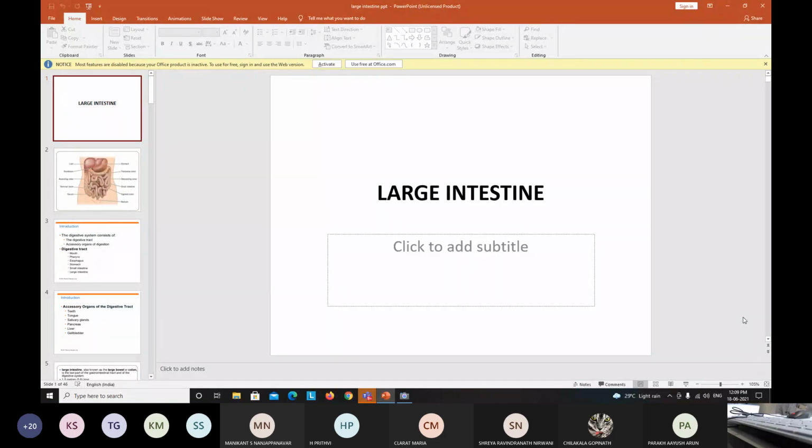So as you know, we are about to complete the abdomen now. Almost all viscera we have completed, and the remaining we will finish as early as possible. So, small intestine, large intestine. You should know the first difference: what are the differences between the large intestine and small intestine? During your practical session, you have to describe and explain the discussion part about the large intestine.